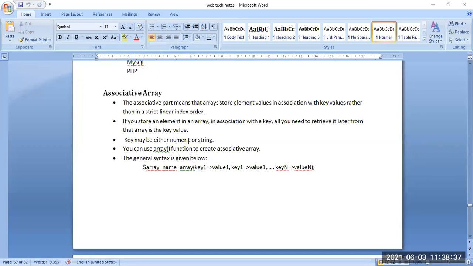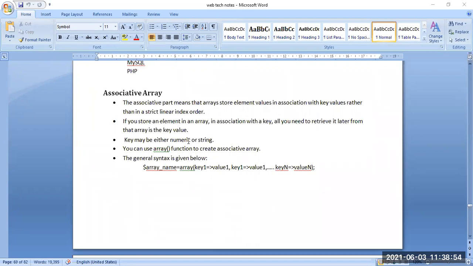When we enter an element into an array by a key, that key will also help us retrieve that data from the array. This key may be numeric or a string.